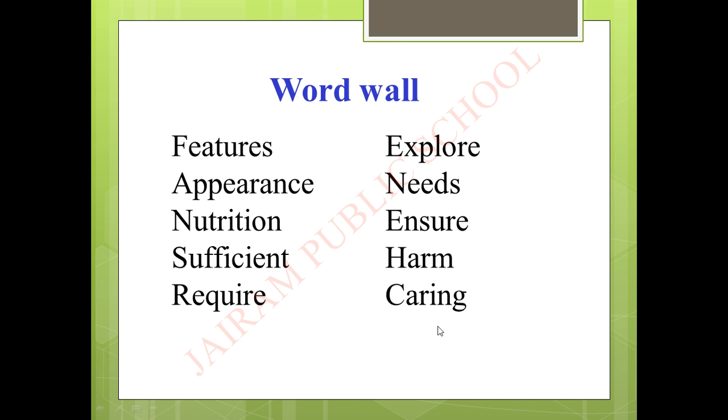Children, I am telling it repeatedly. Please go through these words. It will help you to write the activities. These spellings will help you to write the activities. You can make a note of these words in your rough note and you can go through it again. So one by one, from part 1, 2, 3, 4, whatever it may be, in every part you can write the date as well as the word wall in your note.